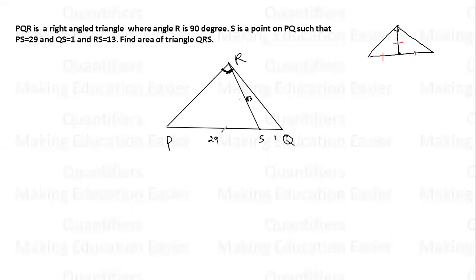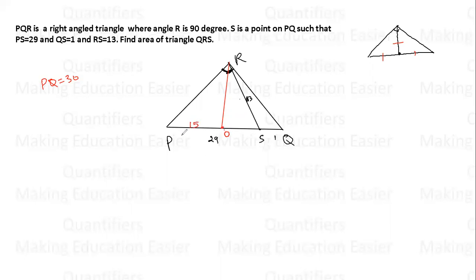ठीक है? अब मैं यहां से भी सेम चीज कर रहा हूं. I am drawing a median. Now why I am drawing a median, you'll understand it. So if you draw a median, so now what is PQ? I'm taking this point to be, let's say O. PQ is 30, right? And if O is midpoint, because I've drawn a median, so O is midpoint of PQ. So can I say OP will be 15? OP will be 15.